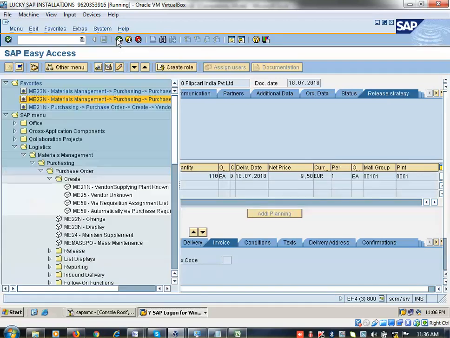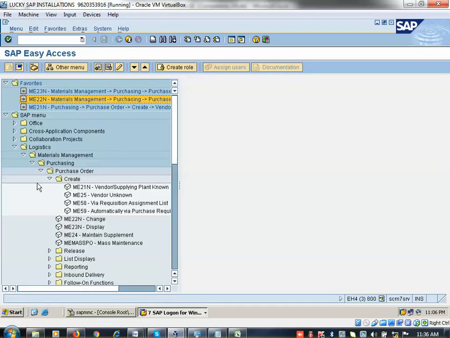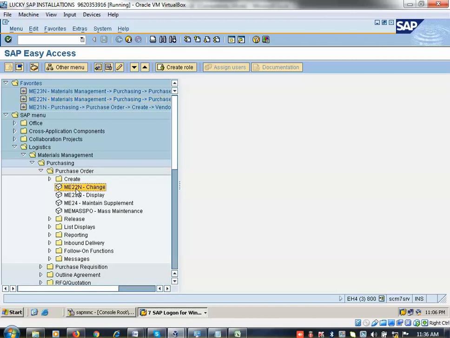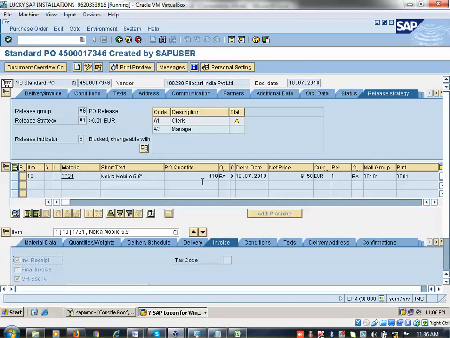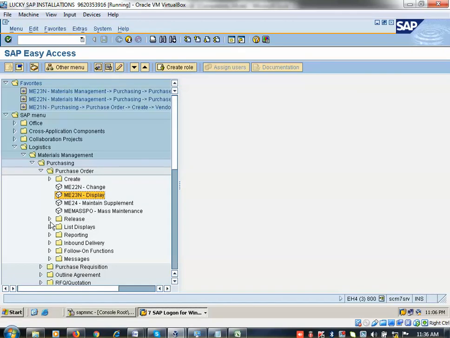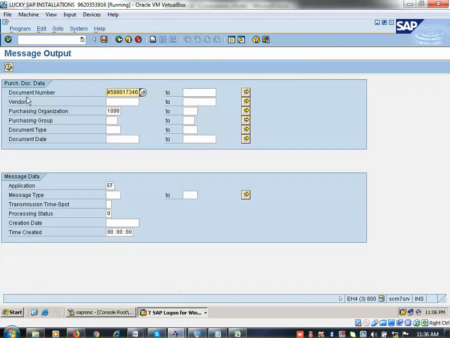Then I am coming back here. Next, I am going to here create PO done, 22N, 23N. If I want to display changes, I can display. Okay. So now I am coming back here. What is next here? Release. Before releasing, I will try to send this PO to my vendor. It shows no document exists. It is out of process or SAP did not follow like this. Okay. So now I am coming back here.